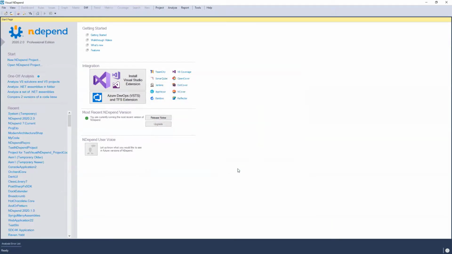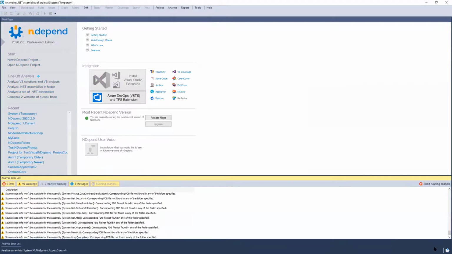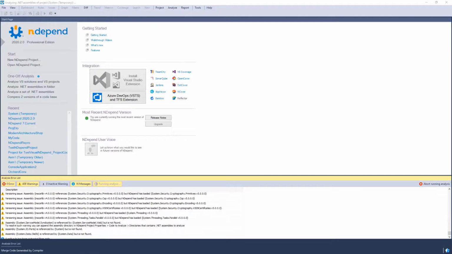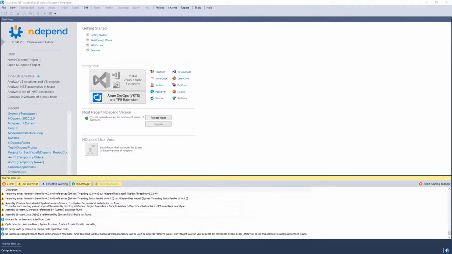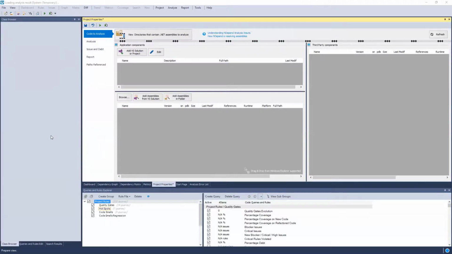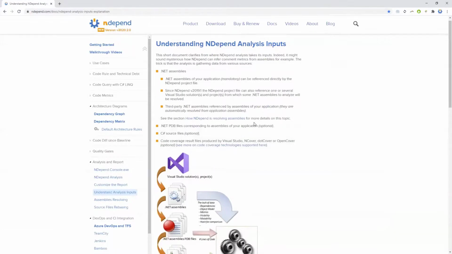So let's try to analyze the entire .NET 5. So it should be pretty quick. So it tells me a lot of warnings, the same as before, that there is no PDB. Okay. So why does NDPen want PDB? So let me show you. So I think it should be, yes, it's done. It just analyzed everything. So before that, I want to show you this picture.